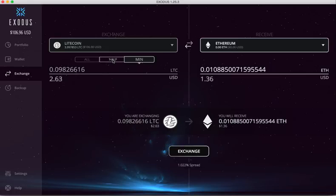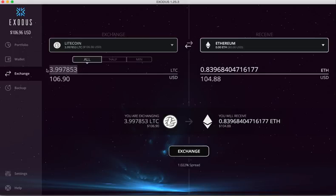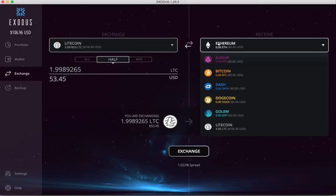I can say send half of my Litecoin, so just under 2, or I can say all of my Litecoin, which is basically the 4 Litecoin minus that small fee. So I'm going to say half just to show you on the dashboard how it changes. So if I say send 1.998 Litecoin, I want to receive,